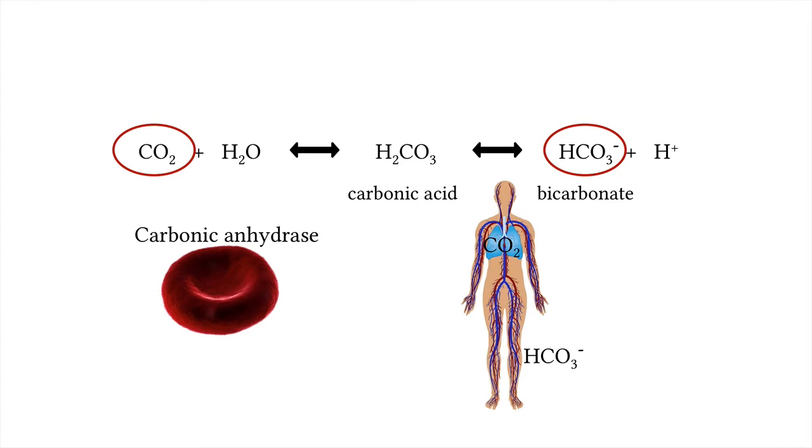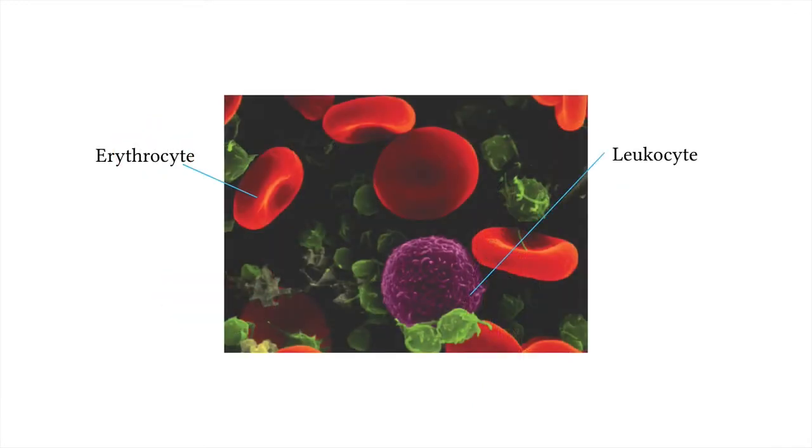Well, now it's time to discuss the leukocytes, or white blood cells. I'm using these words interchangeably so that you may become familiar with both terms. The main job of white blood cells is to fight off infection in the body. They're not as common as red blood cells, with a ratio of 1 white blood cell for every 700 red ones. But white blood cells are much larger. They are nucleated, and they can perform many duties.